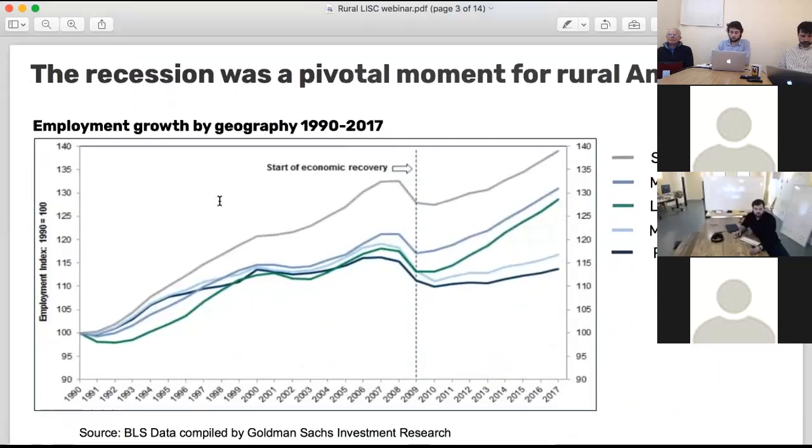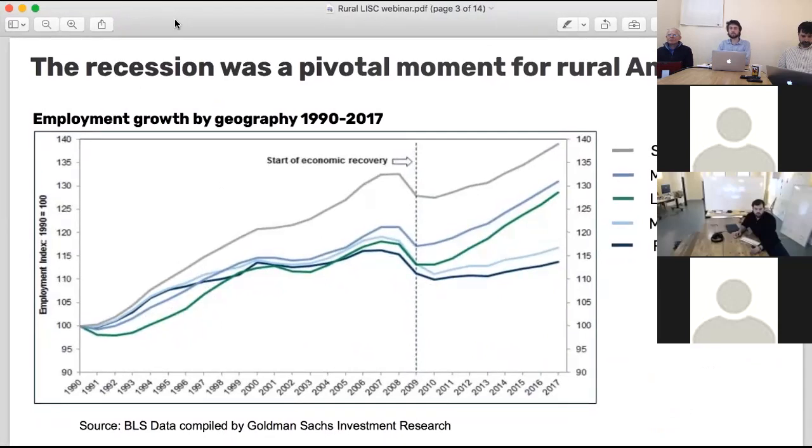Okay. So as I mentioned, we are from the Center on Rural Innovation, and we're a nonprofit that was formed a couple years ago because of what is on the screen in front of you. The recession of 2009 was a pivotal moment in rural America, and since then, as many of you are well aware, the gap between urban areas and rural areas across many factors has been widening. So